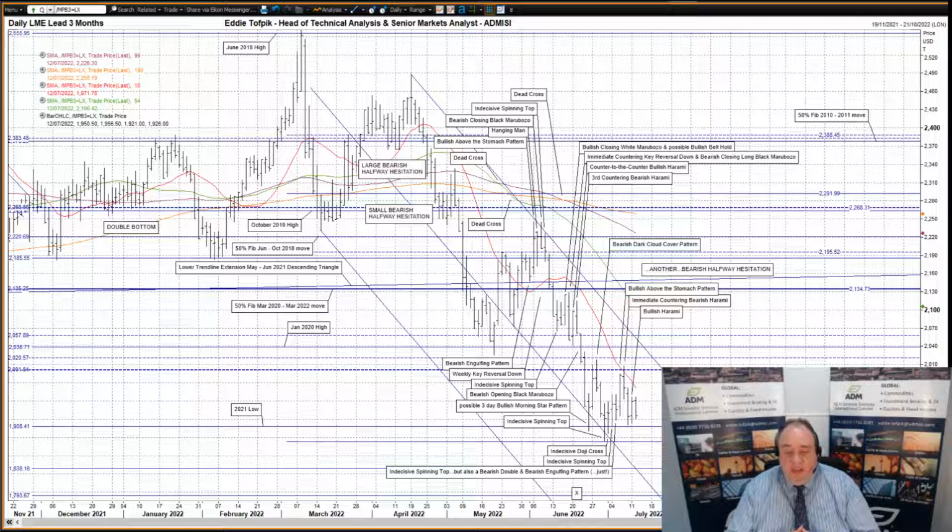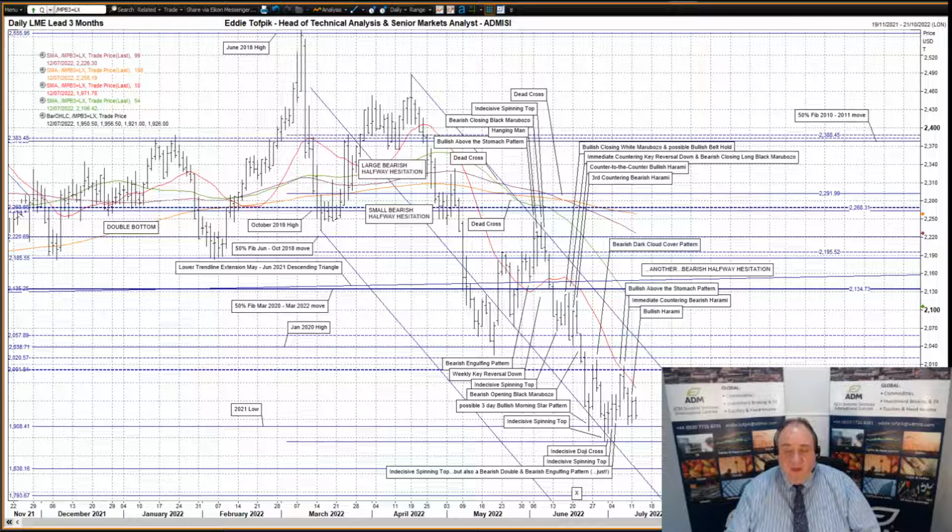For the May high, we had a target in the 1950 area, whilst the April high would have a potential target X in the 1800 area. Why didn't I label the May high bearish halfway hesitation on the daily chart, I hear you say. Well, it is simple. We already reached that 3 weeks ago. Question now is whether that move down to 1950 was enough and all that was seen since is just a follow-through, or is the potential target in the 1800 area for the larger bearish halfway hesitation still a viable target? We'll have to wait and see on this one.